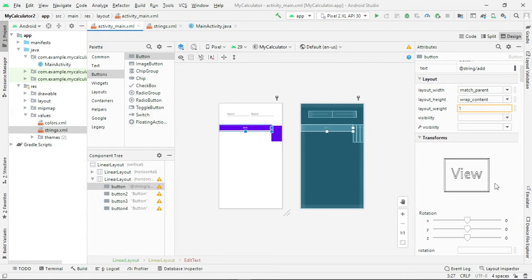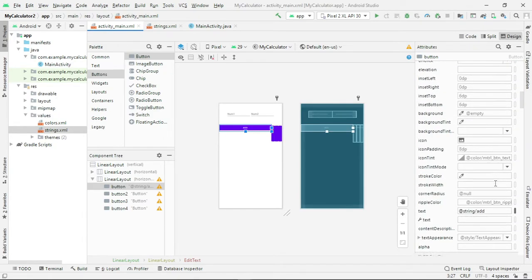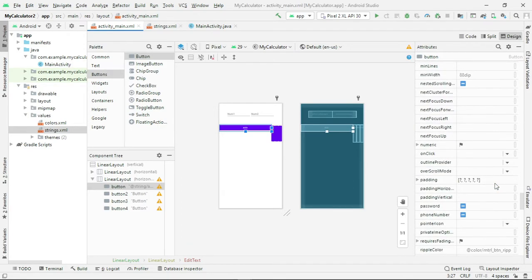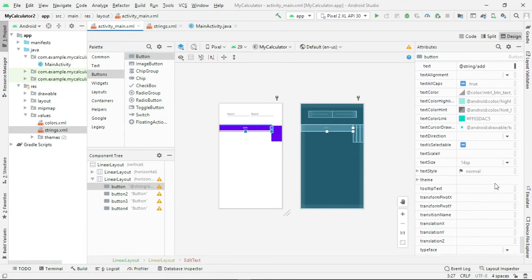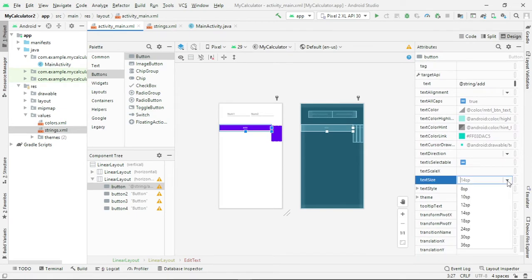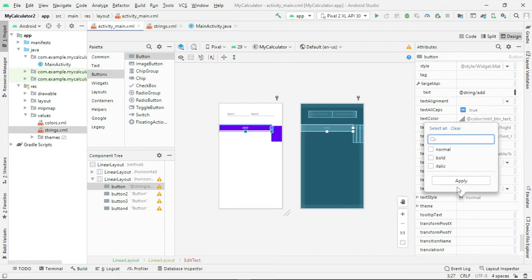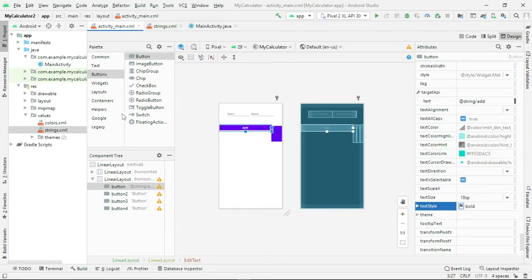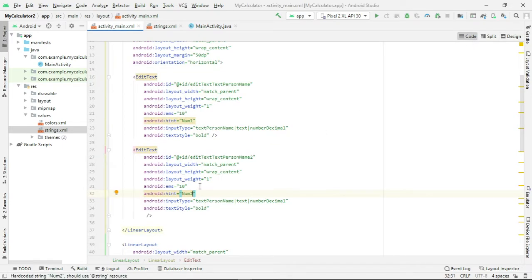So what else shall we set? We can go with a text size. For the add, if it is not looking good, you can set the text size to 18 and let it be bold. Apply. The same properties we'll set for the rest of the buttons also.